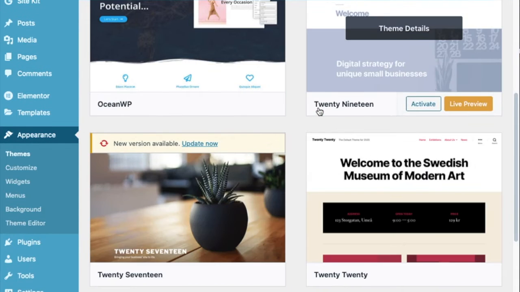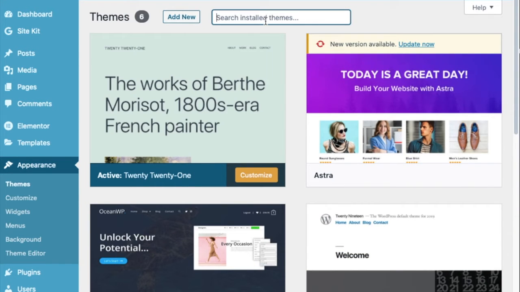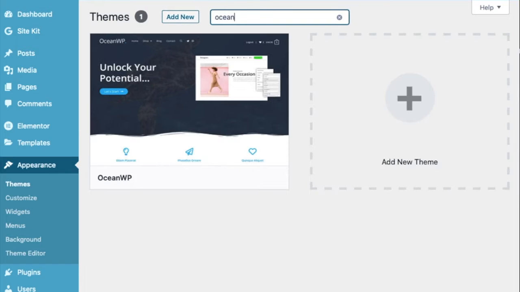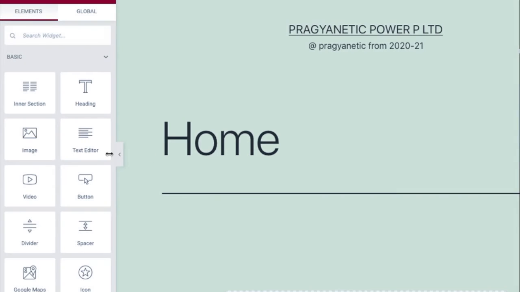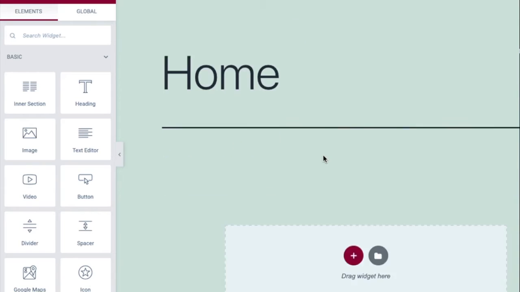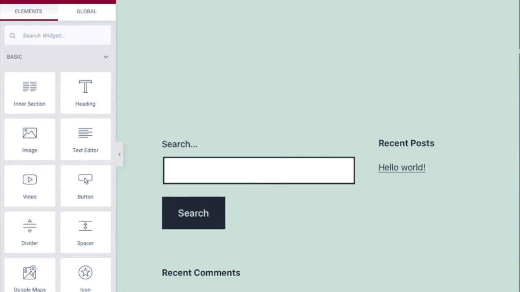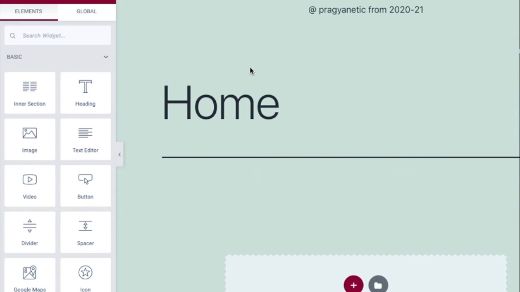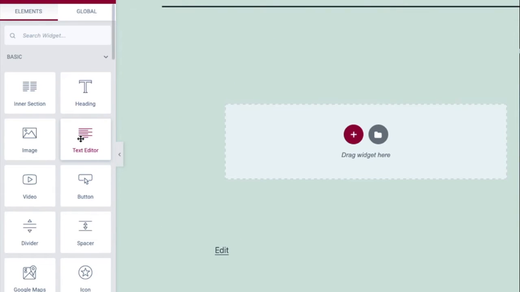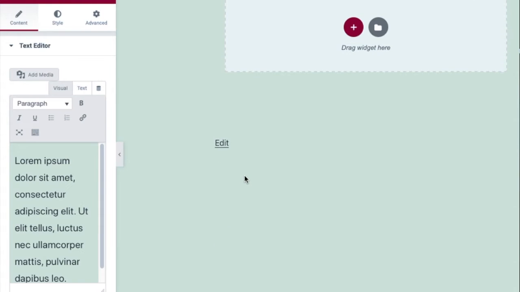Before checking this out, let us try to install a theme. Your home page is the one which attracts the viewers. Now let me just start with the text heading. I'll invoke my text editor into this.